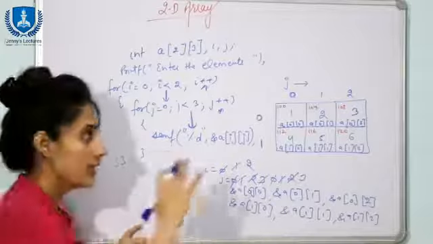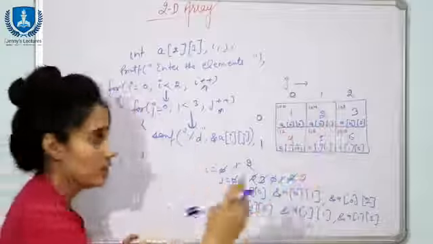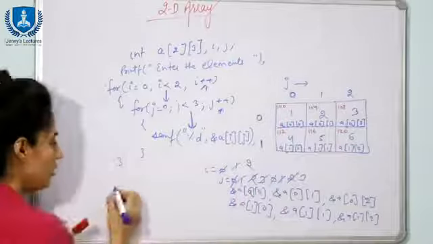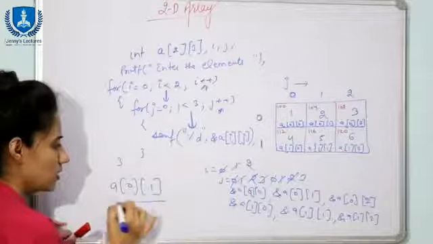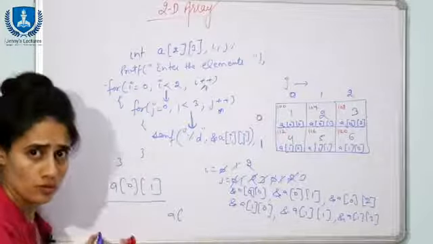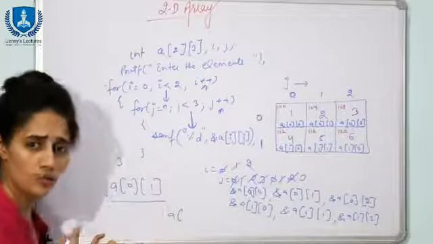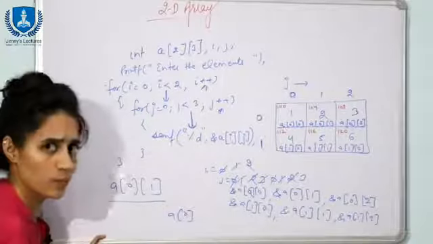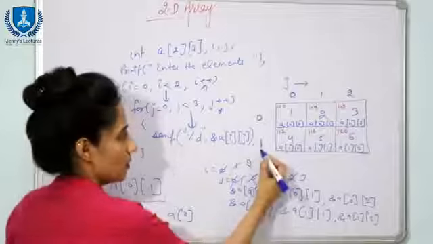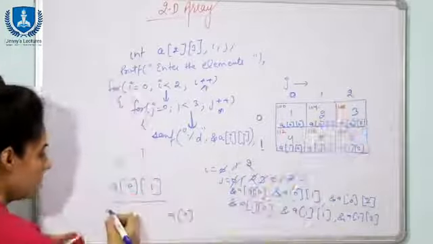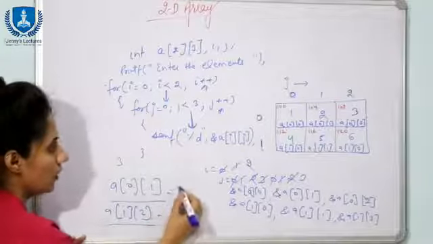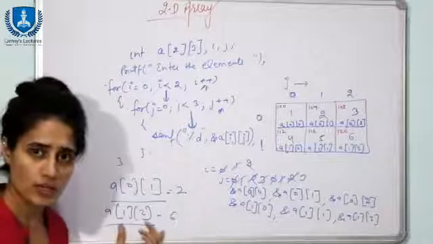See how to access the data here. If you want to access this data, 0th row and column 1, simply you will write a of 0 and 1. This is how you can access the data. In a 1D array, how can you access? You are supposed to give only one index. Suppose you want to access the data at 0th index, so simply write a of 0. But here we have 2 indexes. Fine. If you want to access this data, row is 1 and column is 2, simply write a of 1 and 2, and it will give you the value 6. This is how we are going to access the data.